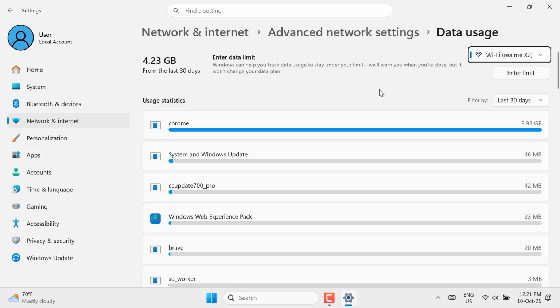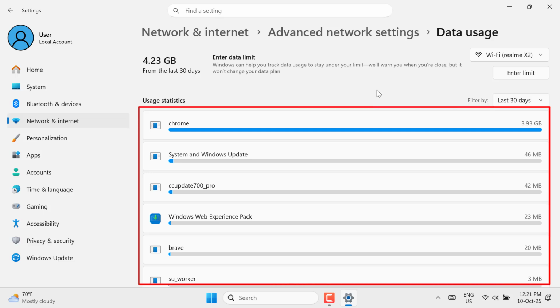Finally, after selecting your connection type, you'll see a detailed breakdown of your total data usage and how much data each app has used. This helps you identify which applications are consuming the most bandwidth, so you can manage your